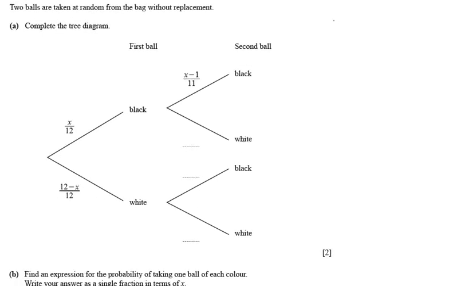As I had written, we have X black balls, and for white it will be 12 minus X, because altogether we have 12 balls. Now they have already written the probability of the first ball, either it is black or white. They have mentioned this: it's X upon 12 and 12 minus X upon 12. If the first ball is black, and the second ball is again black, then we will reduce both numerator and denominator.